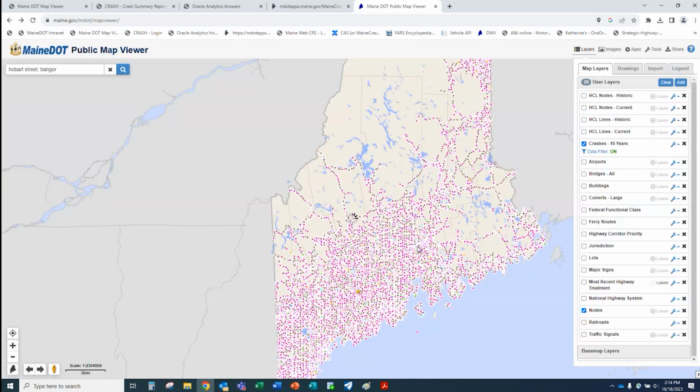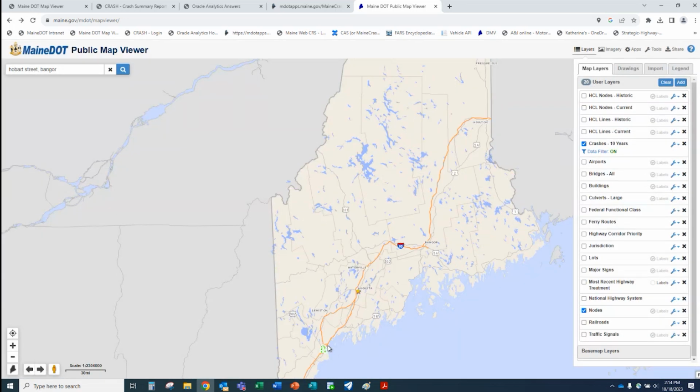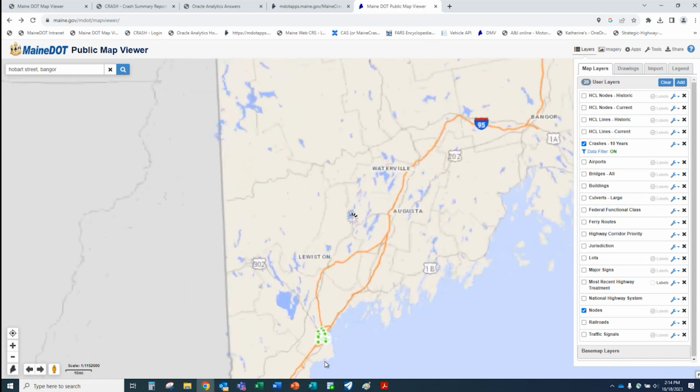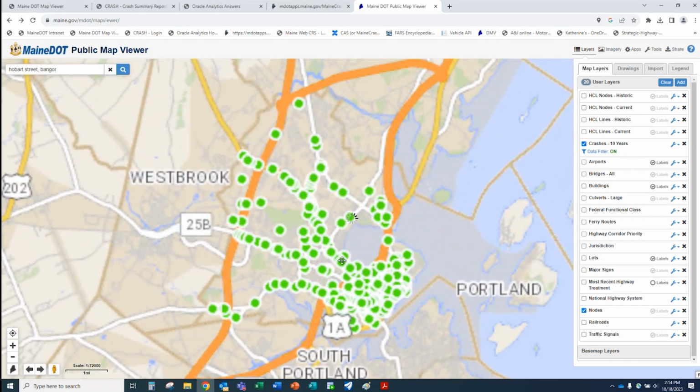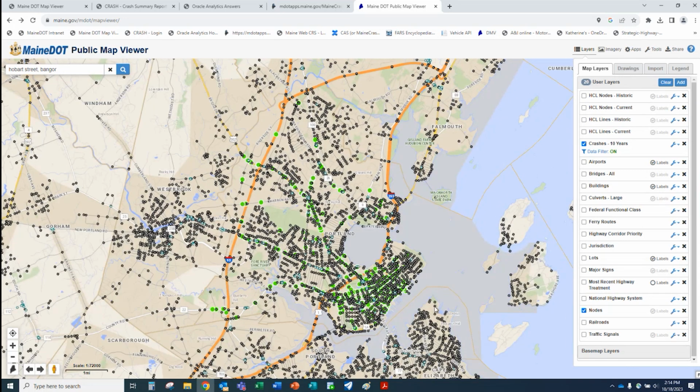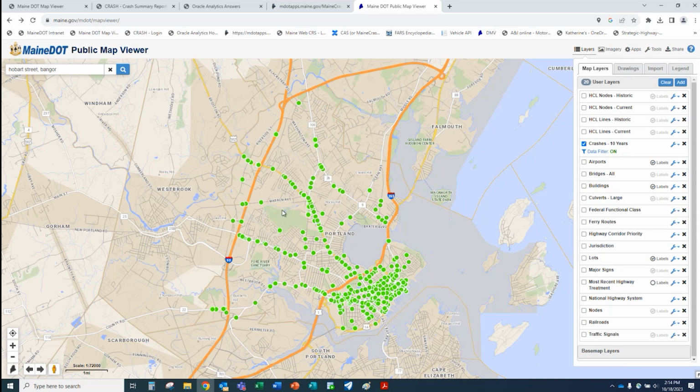We hit apply. Okay. And it's a little hard to see right now, but you can see right down here in this bottom portion, we're going to start zooming in to Portland. And you can see now all these dots right here are all representing one. And sometimes this can be hard when you're looking at this layer. I said you want to turn your nodes on. Sometimes you got to toggle those on and off so you can see your map a little better. These are all for 2013 to 2022, excuse me, 10 years. These are all the pedestrian crashes that happened in the city of Portland.